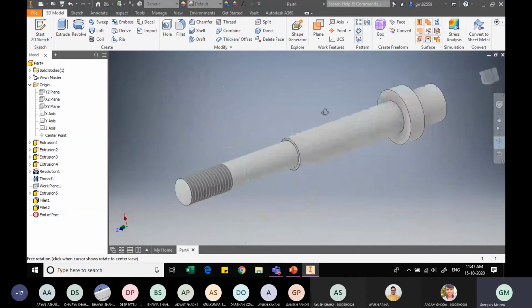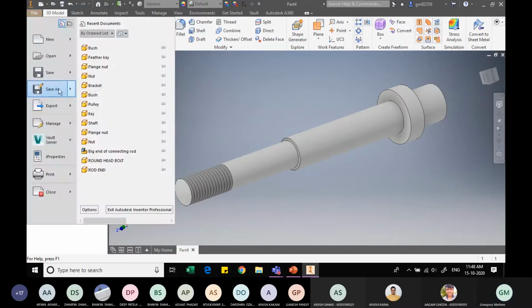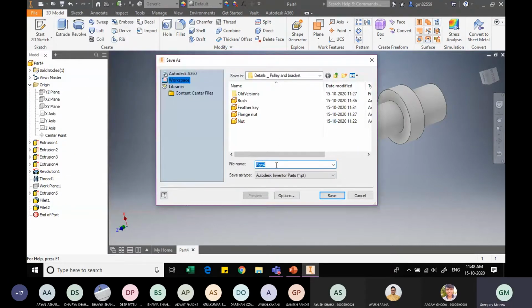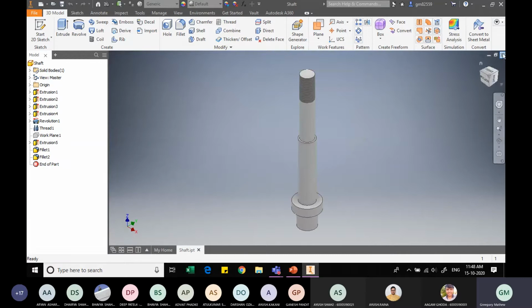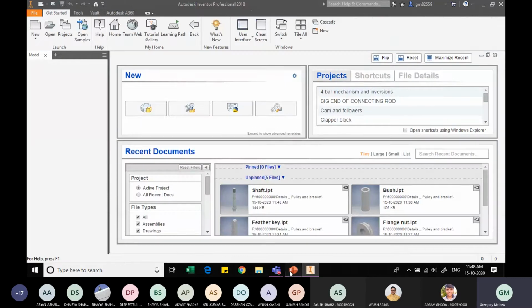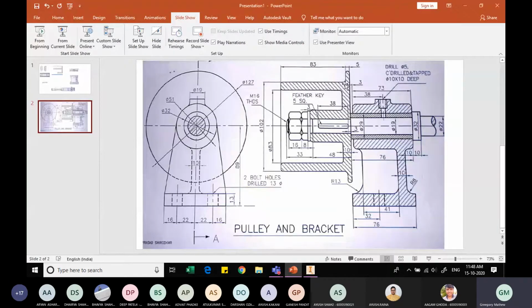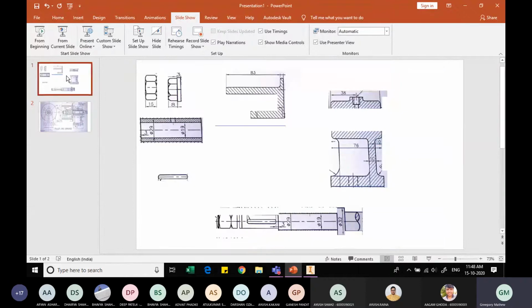So please note this edge which I have currently highlighted is not just 20, it is actually very long, but just here to complete the drawing we have shown it to be 20 mm. So I go to file, save as. So this is the shaft component, and I click on save option. Next component that we had was this pulley. Pulley is very easy, as we had discussed. We'll just sketch this and then we'll revolve it.